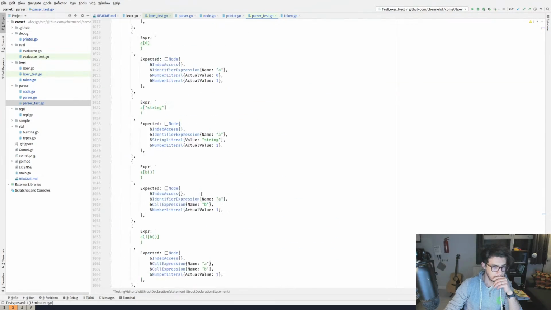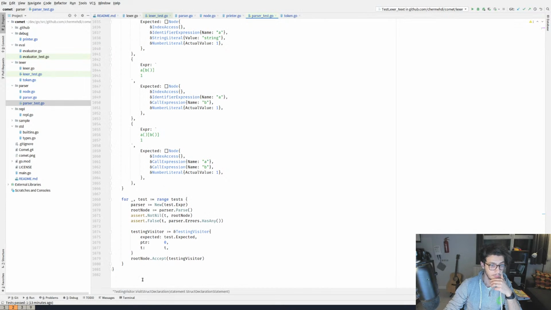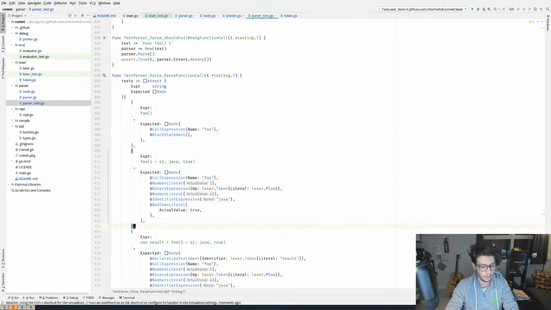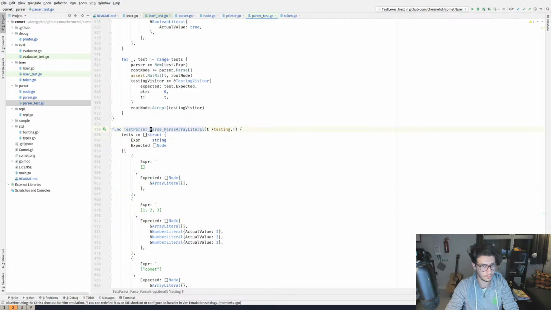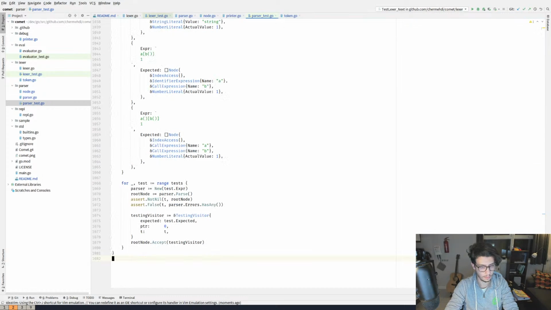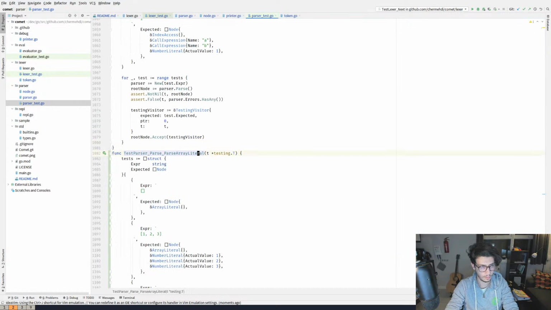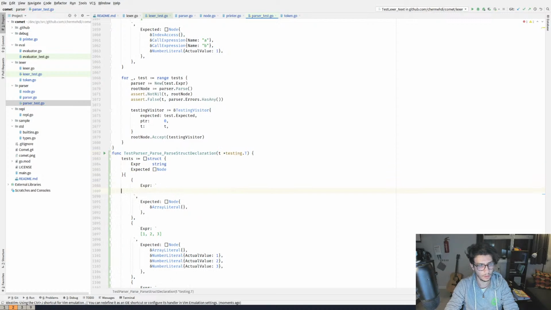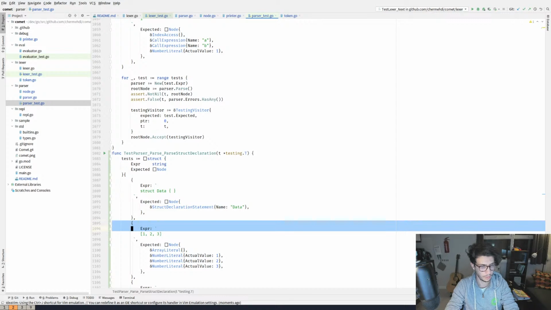So yeah, well, this file needs to be split somehow. Struct. And nothing else.